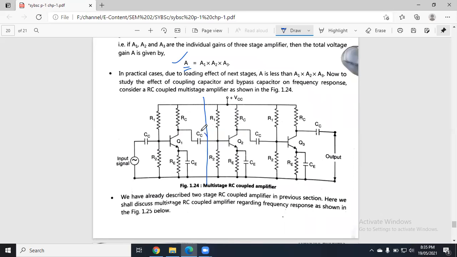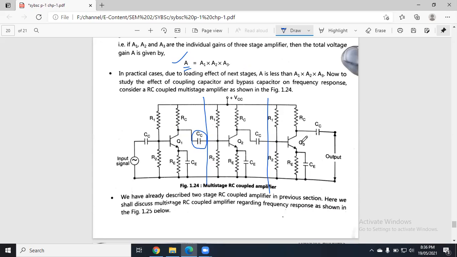Correct? Now, this output capacitor will act as a coupling device between the first stage and the second stage. This is your second stage. Whatever is the output of your first stage is coupled through the coupling capacitor to the next stage of the amplifier. As you can see, all the three stages are the same. Correct, there is no difference. All these three stages are connected to each other, and this is how you can form a multi-stage RC coupled amplifier.